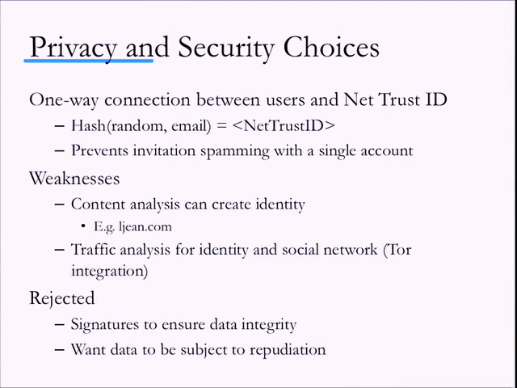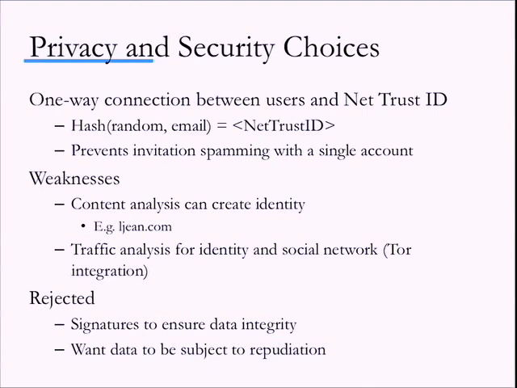So I've been making these claims about what the system can do. Here's where some of the claims come from. We hash a random number in the email to get the ID, and so think of it as proof of work with invitation spamming. Are you familiar with proof of work? You know, Norse? Okay. So the idea is that you just make it more work.